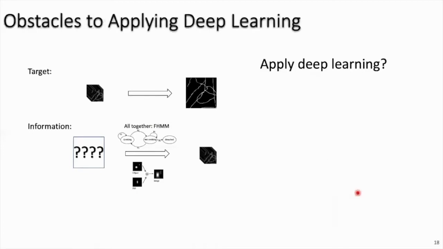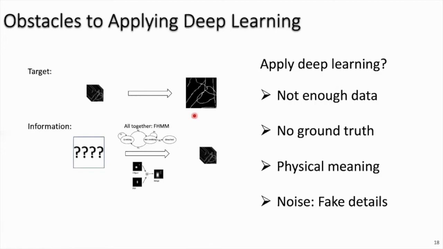Then what about we try to apply deep learning? With the trained deep learning model, we can probably reconstruct the super result structure in one-fold propagation, which can be very quick. However, there are some obstacles to apply deep learning to resolve this task. The biggest challenge, as we have already discussed, is the lack of data.